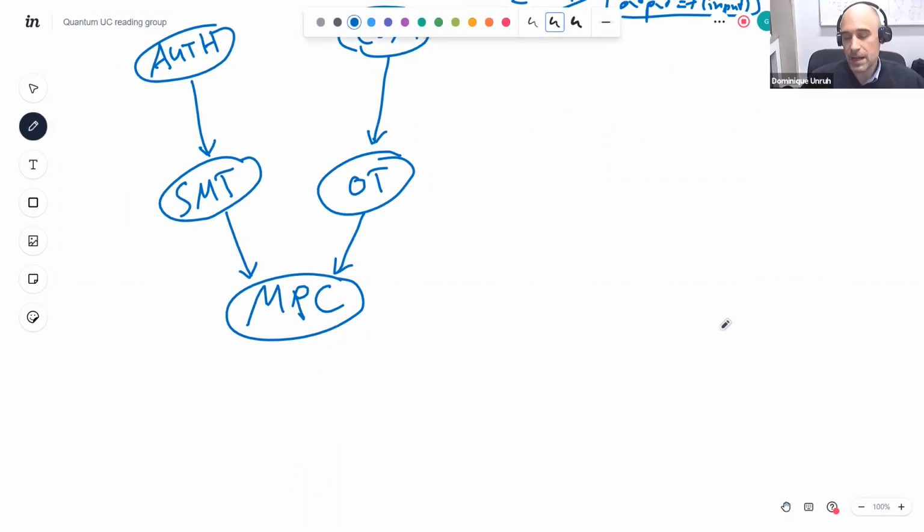And this also has an effect on one structural property of UC, because in classical UC, you have two equivalent definitions. You can say we have the output bit of the environment, and that needs to be indistinguishable. Or you could say the view of the environment has to be indistinguishable. And those are quite easily seen to be equivalent. But in the quantum setting, you cannot do that because there is no such thing as a well-defined view of the environment, because the view contains the transcript of all messages.